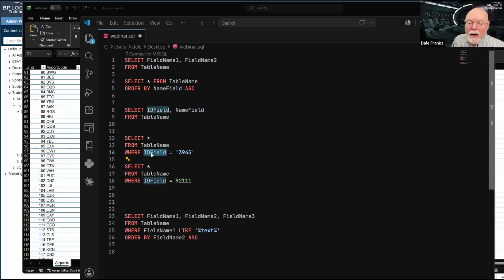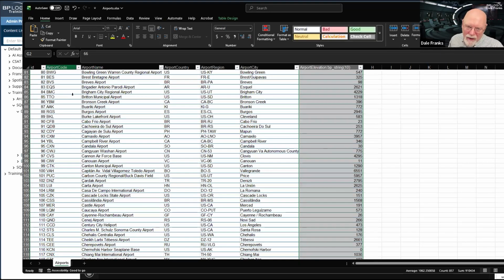Now, if I am looking for something by ID, a few minutes ago, whenever we were looking at the form, we picked the airport with ID number 4. This is going to return a single record and only that record, because I'm using the ID field to return a specific record. That is certainly not guaranteed to be true if I use any other field in the table. Well, that's not exactly true in the case of airports.